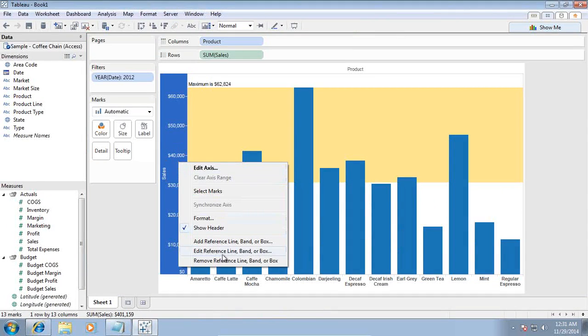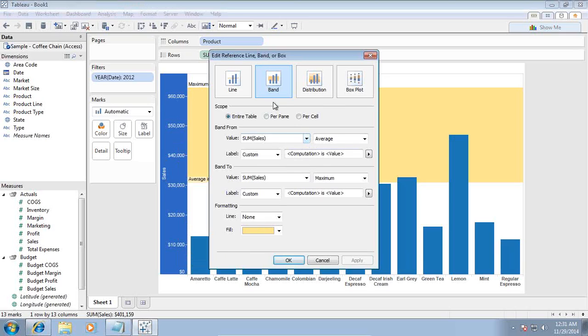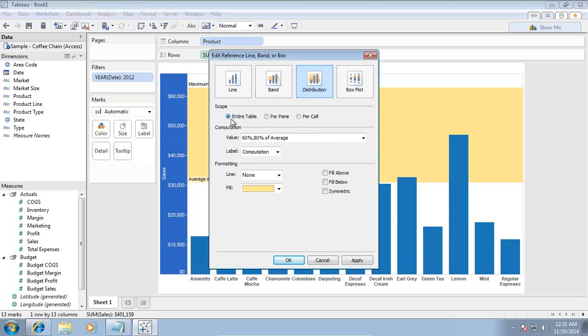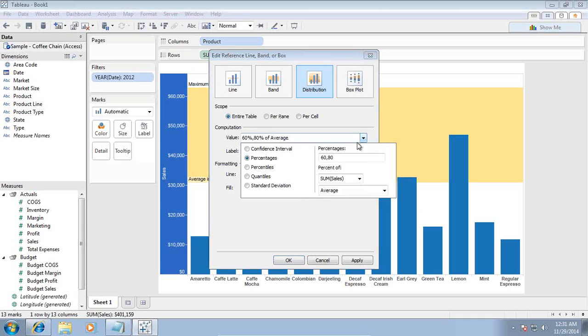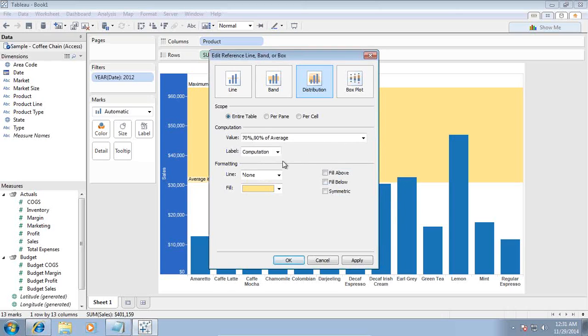I'm going to edit the same reference line or box, and rather than using band, this time I use distribution, and distribution could be applied for the entire table or individual pane. And the default value over here, 60 and 80% of average, I can type over here. In case you want 70 to 90%, you can type 70 to 90% as well. 70% of average to 90% of average in between, and we can draw a nice box